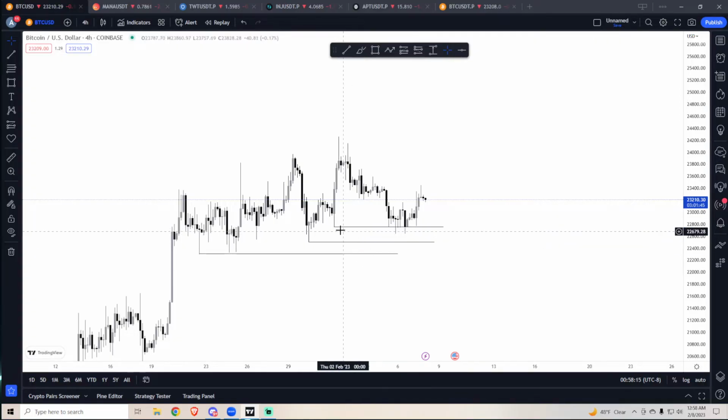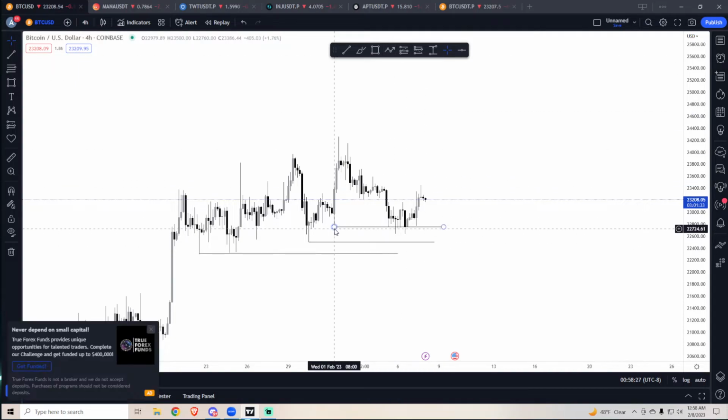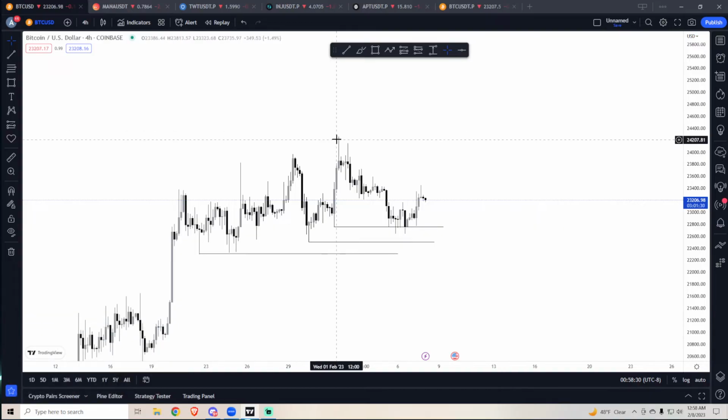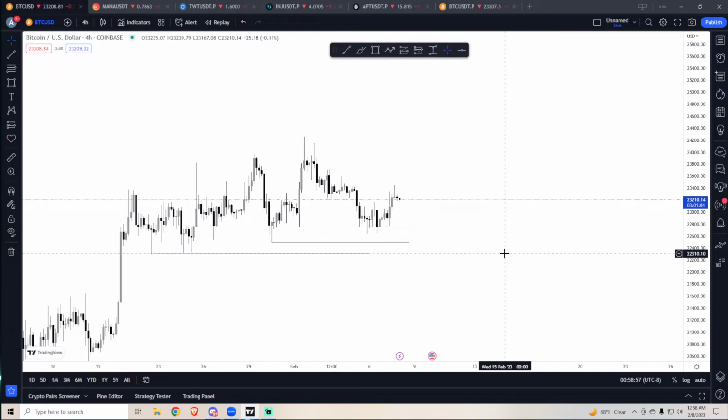And by that I mean, come here, go down, and then reclaim back above the swing low point, which is this. And this is exactly what happened here. We had this little wick down here, we went higher, and then we came back down and we swept all of this liquidity below this low point, and then the 4-hour candle closed above. Okay, so this bounced on it, we went higher. This wick took liquidity below and closed above this point,